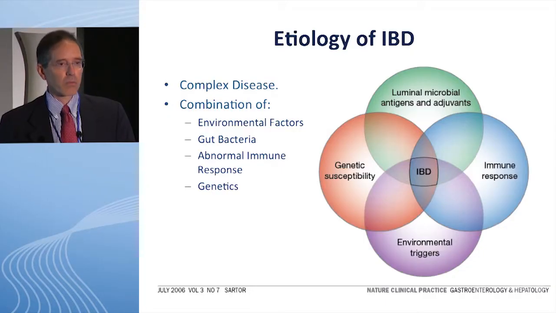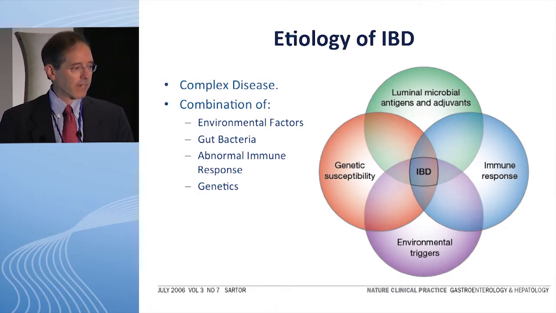It was about another 20 years or so before Crohn came along with his paper, but I think this was really the first broad description of Crohn's disease. Now, we've all seen diagrams like this. I think it's certainly critical in saying that there are these components which collide, and those people who are unfortunate enough to have all of these, or a number of these factors, overlapping will develop inflammatory bowel disease. But I also think it's very misleading, because it suggests that there's an equivalency between all of these different factors.